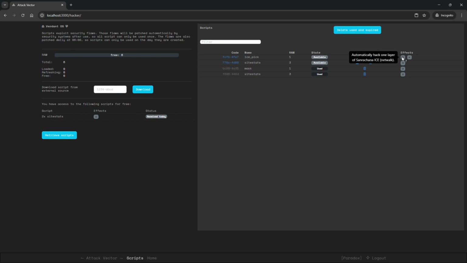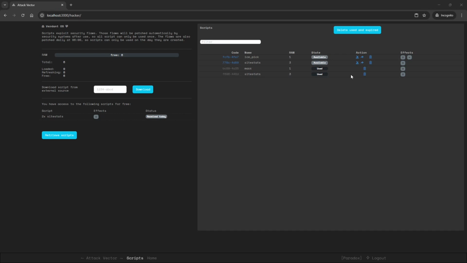This is also how you can exchange scripts between hackers. So suppose I wanted to give this script SiteStats to a buddy of mine, I could click here, and now I'm offering this script for download. If I also give them this code, they can enter it here, and now they get the script and I lose it. And if I should want to change my mind, I just click here, and now it can no longer be downloaded. And if your Larp allows it, this can even be used to exchange scripts while in